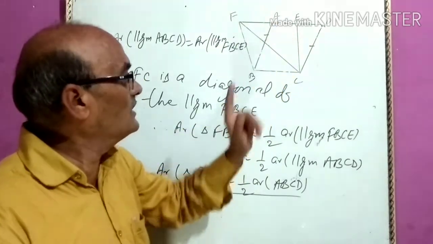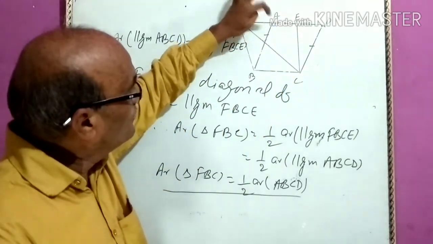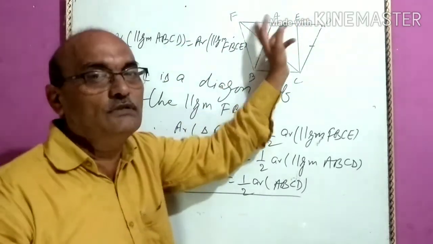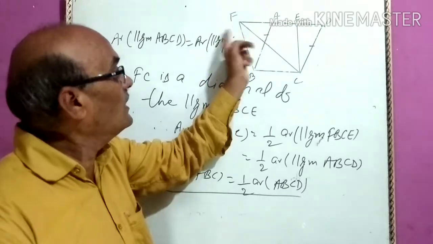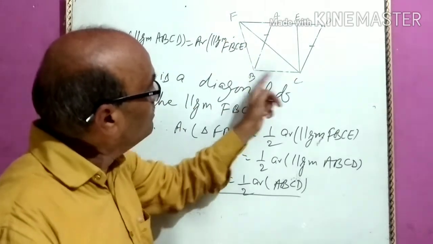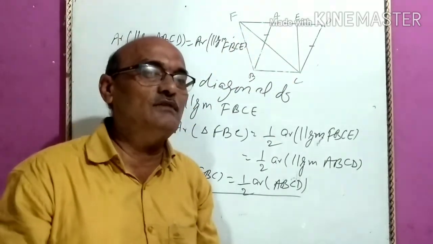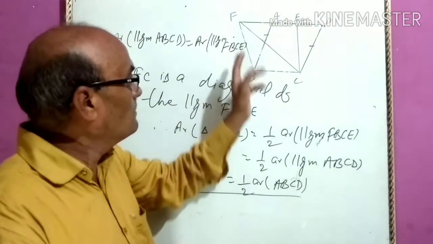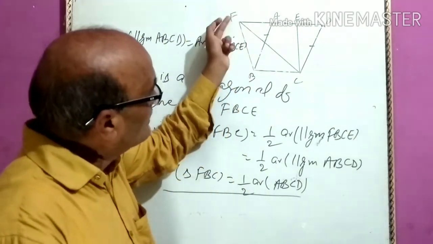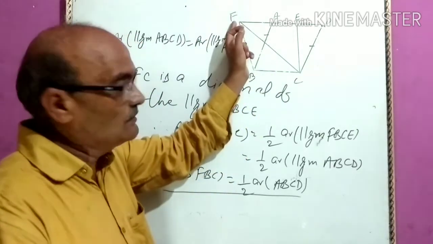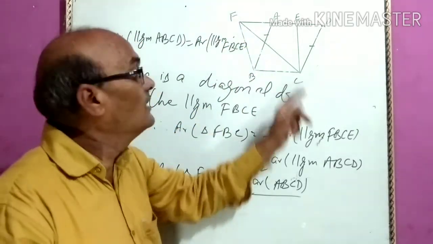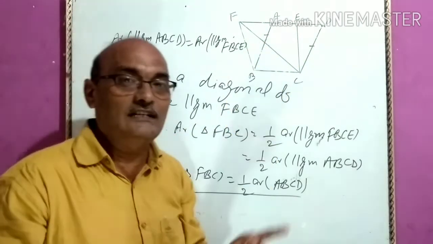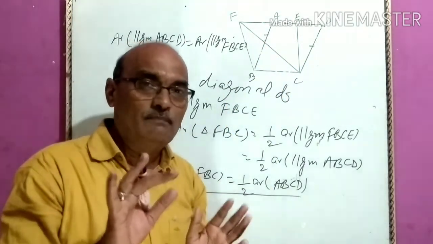I mean to say that if area of the parallelogram ABCD is 20 centimeters square, then area of triangle ABC will be 10 centimeters square. Okay? And suppose, just conversely, if I say that area of a triangle ABC is 40 centimeters square, then area of the parallelogram ABCD is 80 centimeters square. I'm clear? In हिंदी,